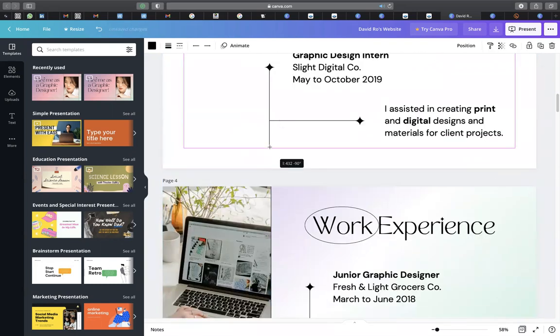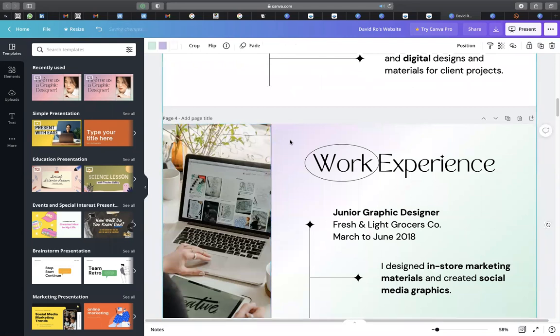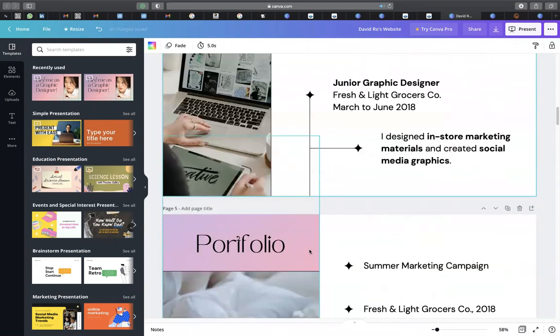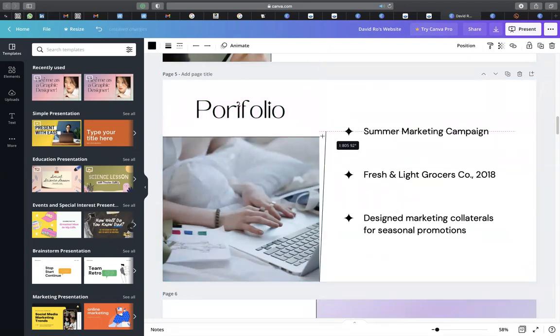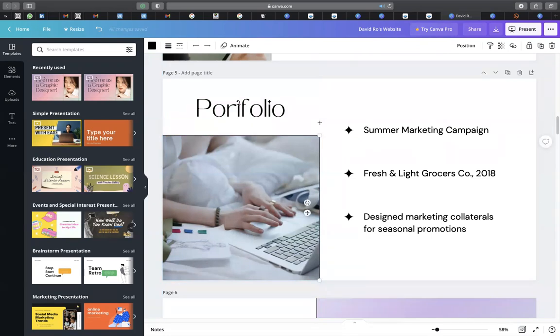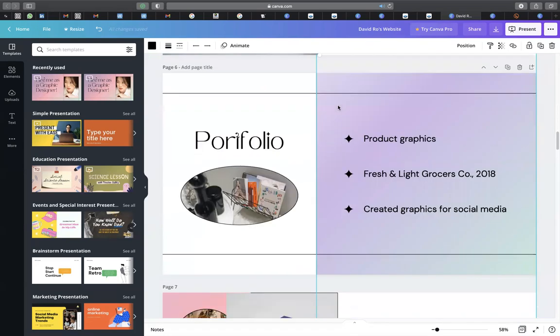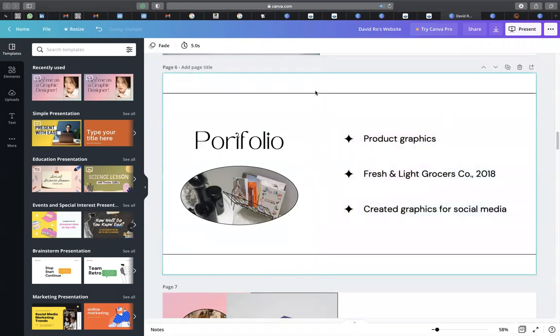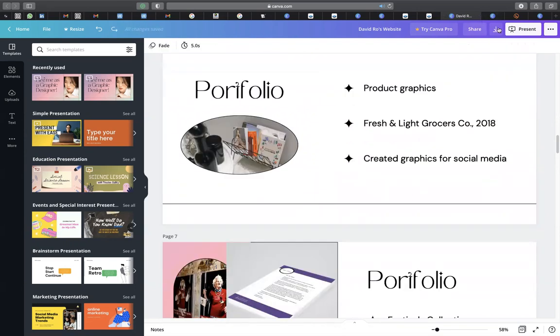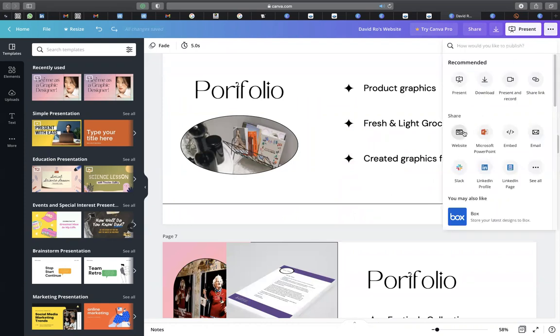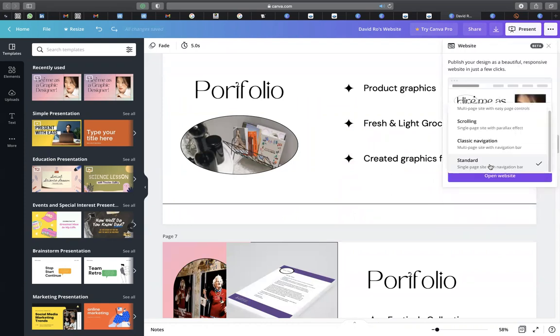I shorten this, stops here. Come here, do the same thing. I shorten this, goes up. Come here, do the same thing. Keep this here, or bring this up and it stops here. Come here, do the same thing, delete this. Keep that one. If I go to website and I use same standard,